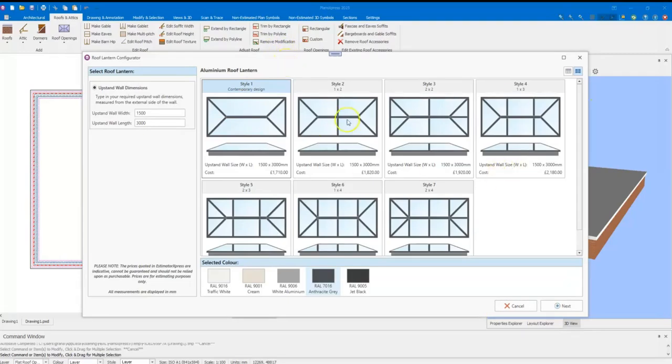So this is the roof light or roof lantern pickup, and from here you can see that there's 7 styles to choose from. We can enter some sizes, which is the upstand size, so the external side of the wall that will sit under the roof lantern. And some of these styles will have different constraints. So for example, if we put